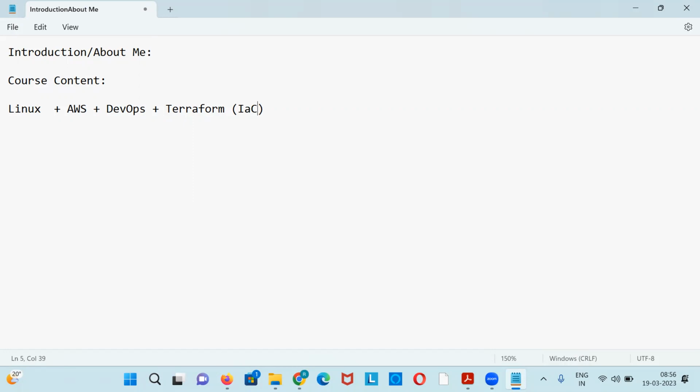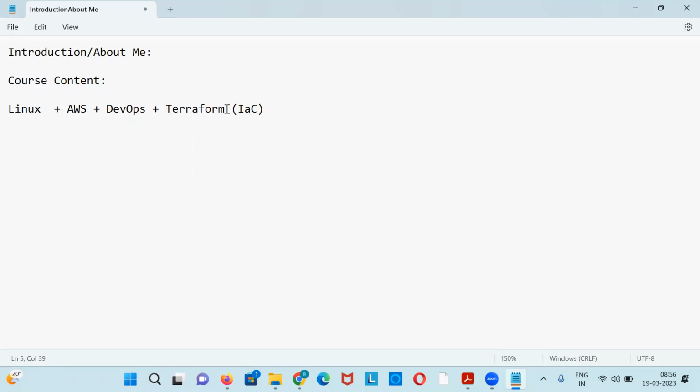You can log into the AWS console and create infrastructure, that is one way. But how many servers will you create manually? If you give the number 10, the backend should create 10 servers automatically, right? If you create one server, it will take 2 minutes, for example, because although you create it in 30 seconds, in the background it takes time to provision. So 2 into 10, obviously 20 minutes it will take.